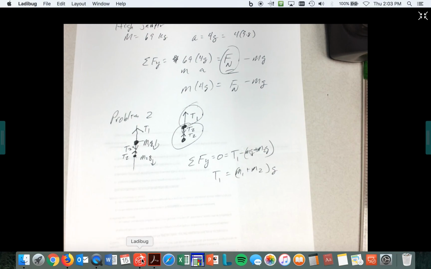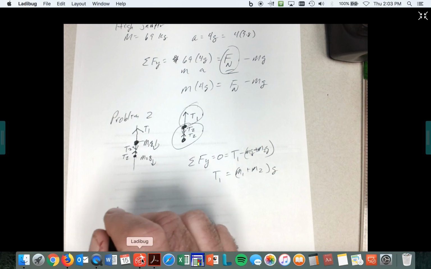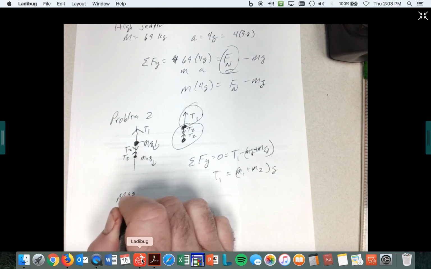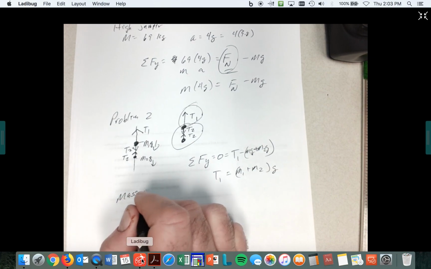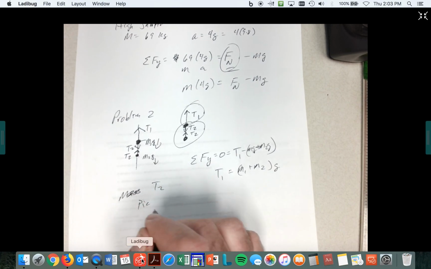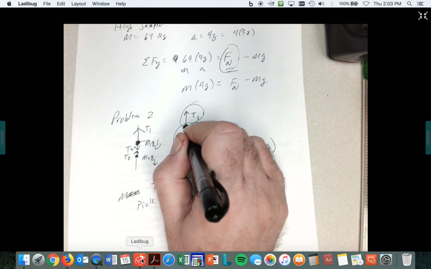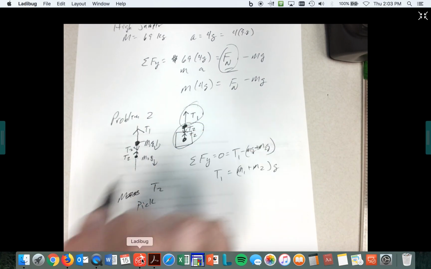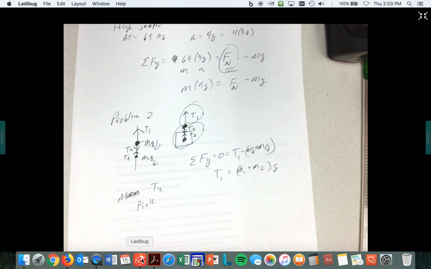All right. Now, pick one of the masses to solve for T2. I'd pick mass 2. I'd pick trusty sidekick. For T2, pick trusty sidekick. Draw and just cut him out like that. Draw the forces, and you'll find T2. Okay? All right, I'm going to stop here because I don't want to have this be like 50